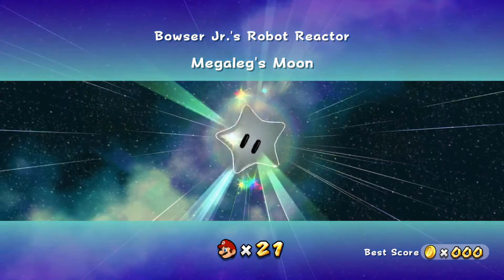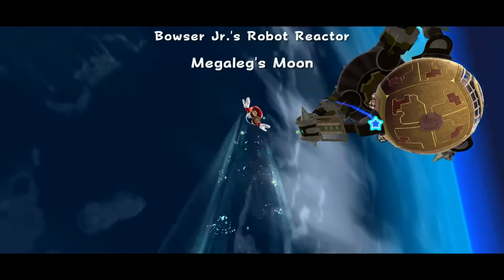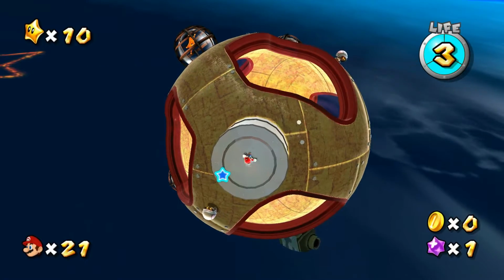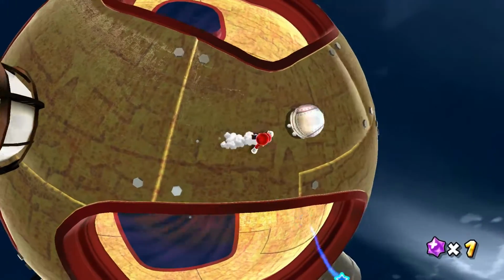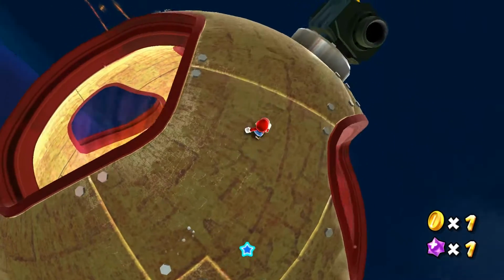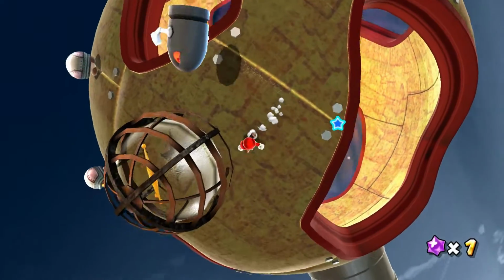Megaleg's Moon. Here we go. So this is an important boss fight in this series. It introduces you to how the boss fights are going to be done, and it does a pretty fair job at it. It's not too bad. What you want to do here on this planet is get these bullet bills. Bullet bills in Galaxy will target onto you, okay? And a lot of how this boss fight is...